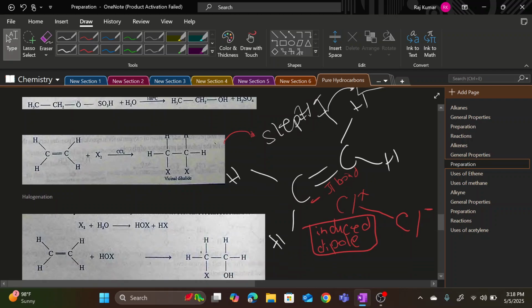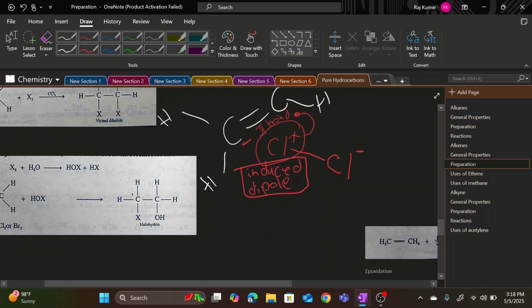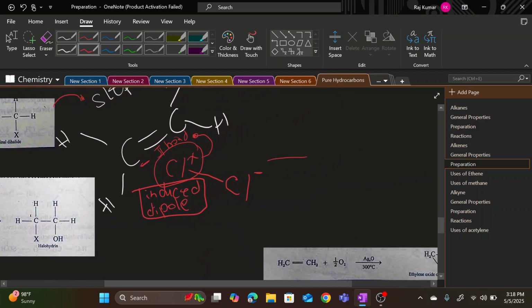And basically what actually happened was chlorine was a neutral molecule. We just made it a dipole with the help of induction, with the help of charge which was in the pi bond. Now this chlorine molecule combines with this ethene molecule. Again the same part happens. Instead of the formation of a carbocation, there would be formation of a bromonium ion, sorry, the chloronium ion. So I take hydrogen here, hydrogen here, hydrogen here, hydrogen here.